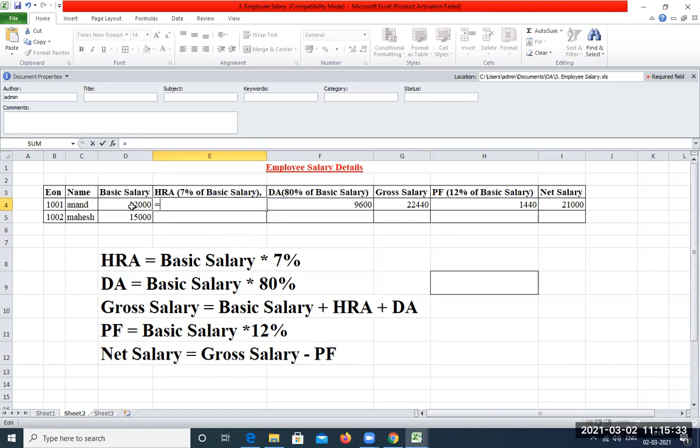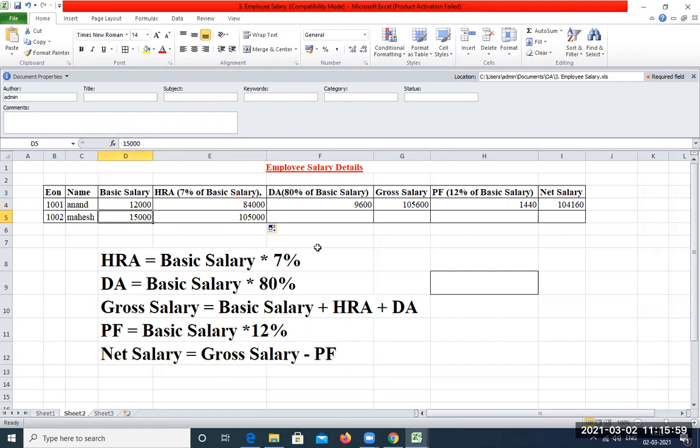So we are going to select the cell basic salary, then into 7%, right? Look for the asterisk symbol which is present on the numeric 8 or on the numpad, and then press the numeric 7 and then click enter. Similarly, you can just select this and drag. So the HRA for this is also calculated.